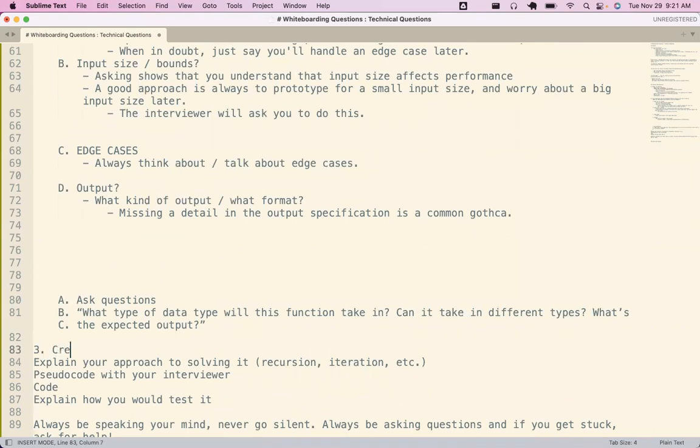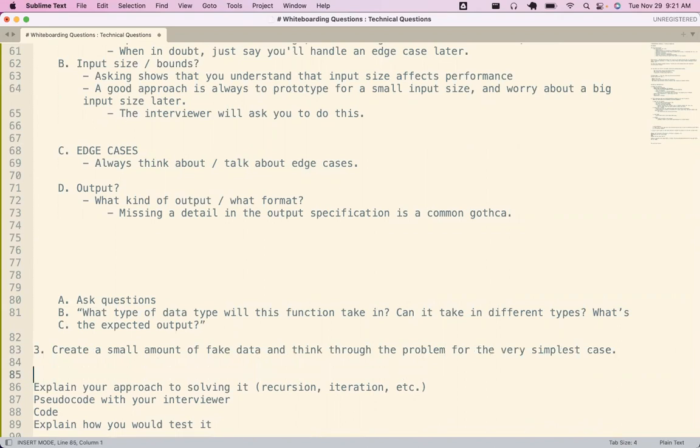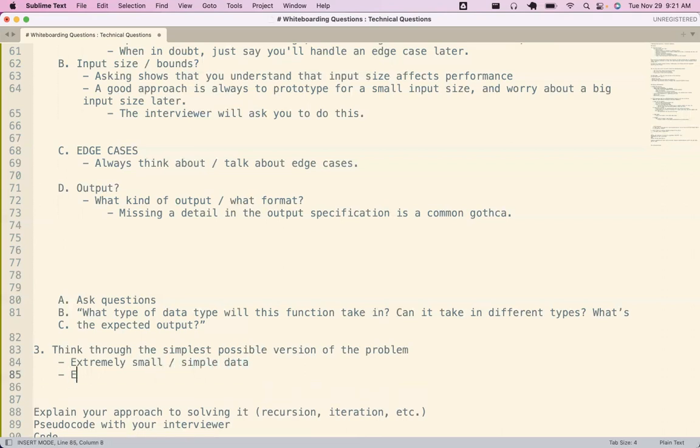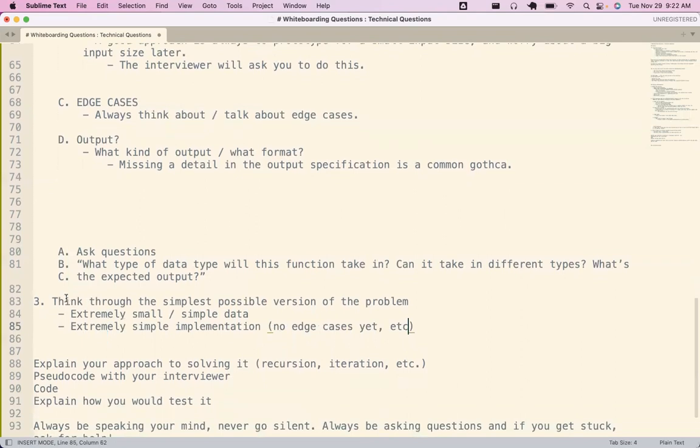I would recommend you think through, and in fact, not just think through, but talk through the simplest possible version of the problem.